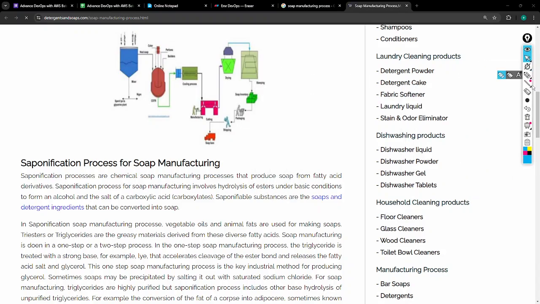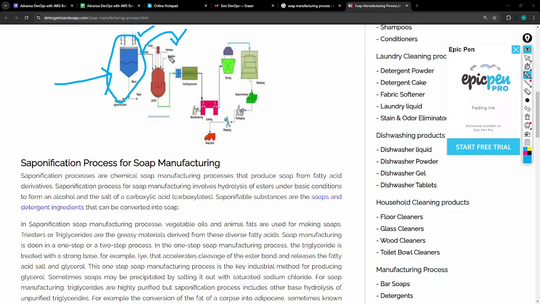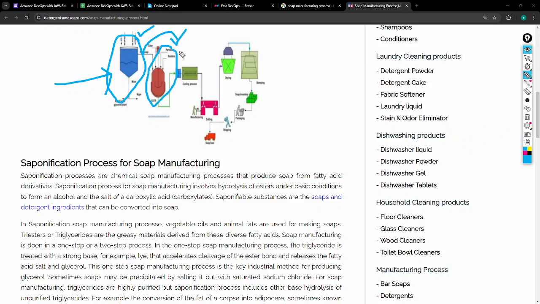First of all, the raw material is collected here, and then there is some process, and then another process: extracting, heating, cooling. The first thing they do is extracting, then a cooling process, then a drying process, then a soaping process, then a product test process, and finally it is packaged and delivered. So this is the product journey from raw material to final product.